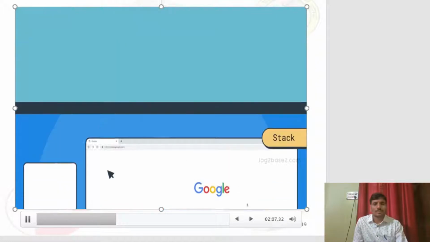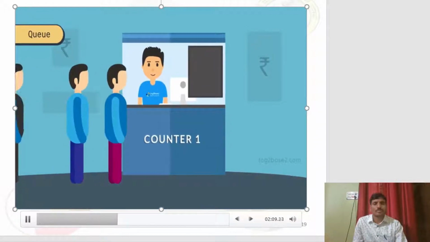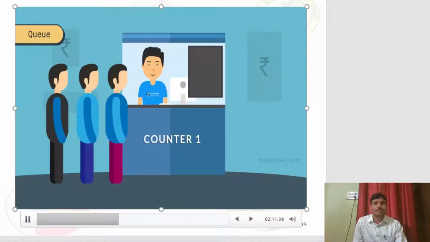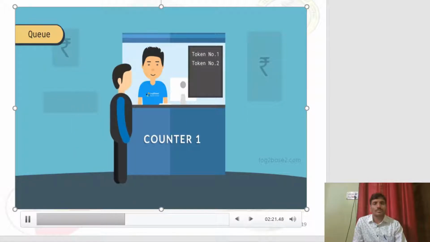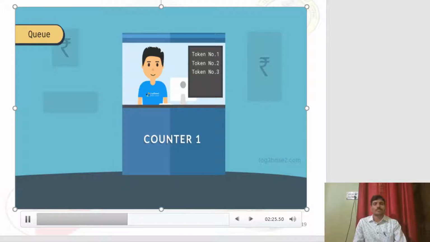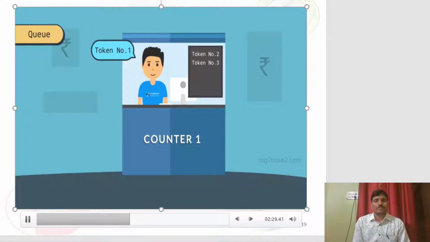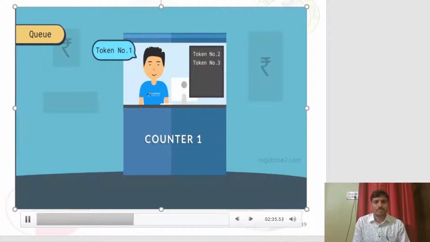And we all have stood in a queue somewhere in our life, maybe at a bank, a restaurant, a college, etc. And who comes first in the queue will be served first and can go out like this. That is first in first out principle, which is exactly what a queue data structure is. Who comes first will be served first. But stack was last in first out. Who came last will be served first. Now, can you think of any application for linked list?